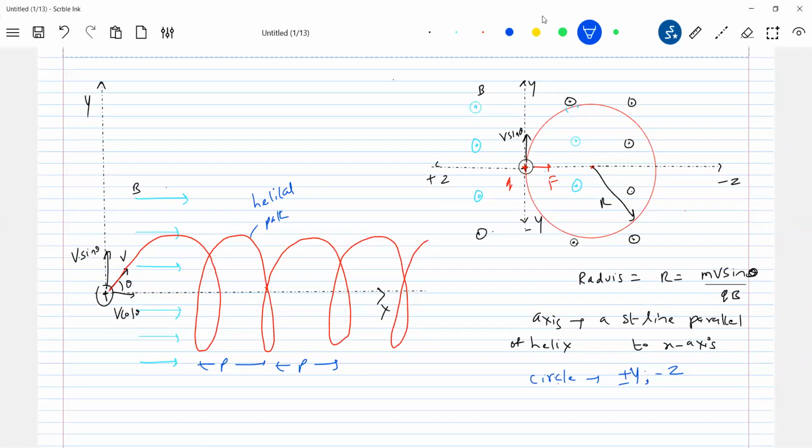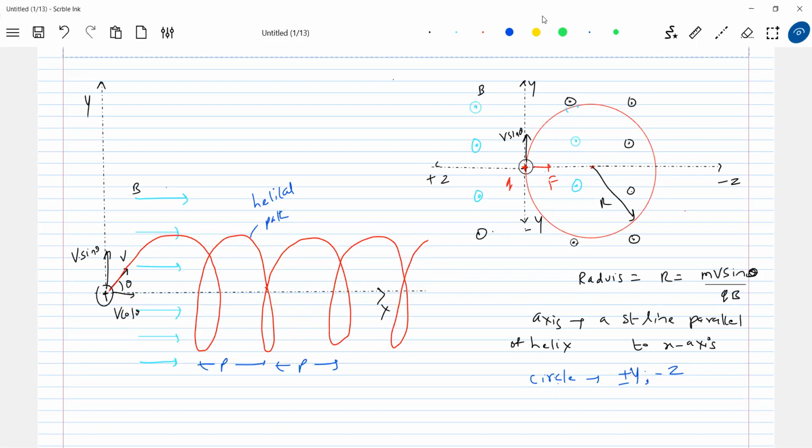According to the given situation, the particle is going to go like this here. If you are standing on the x-axis somewhere here, then you see this diagram. If you are standing somewhere on the positive z-axis, you see the diagram like this. Is it okay? So that is the interpretation of this.